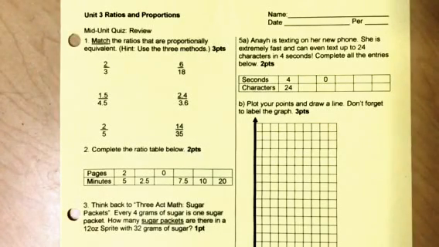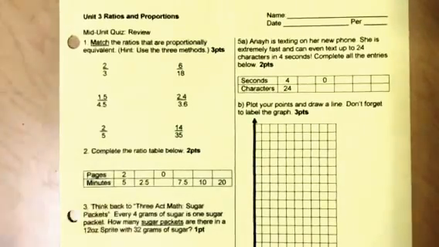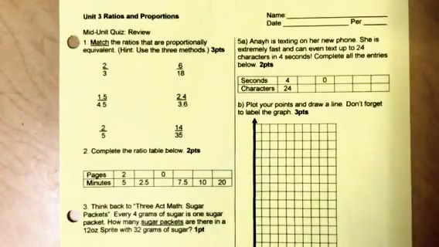Okay, here's going to be the review for our mid-unit quiz tomorrow. I'm just going to try to get through it as quickly as possible, so if you need to pause or rewind something, please feel free to do that. Okay, our first section says match the ratios that are proportionally equivalent, and our hint is to use the three